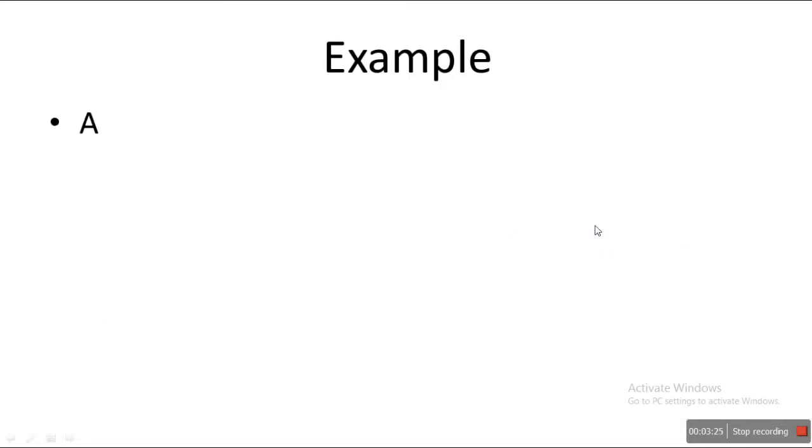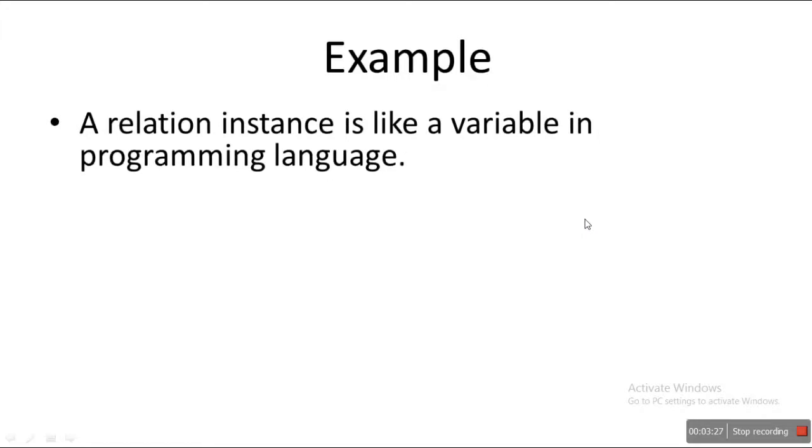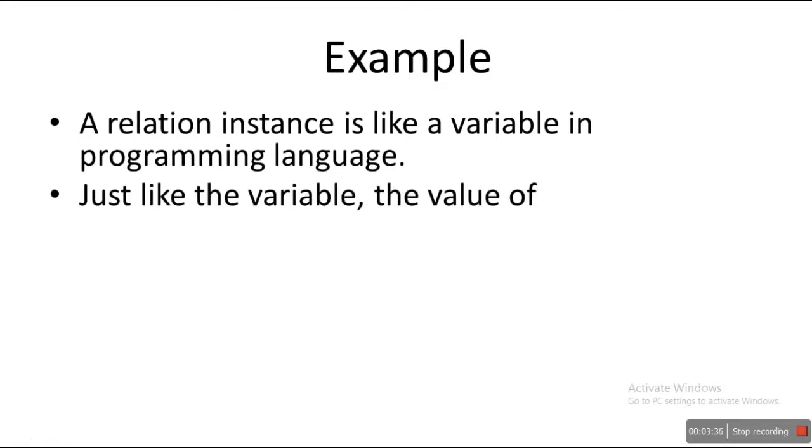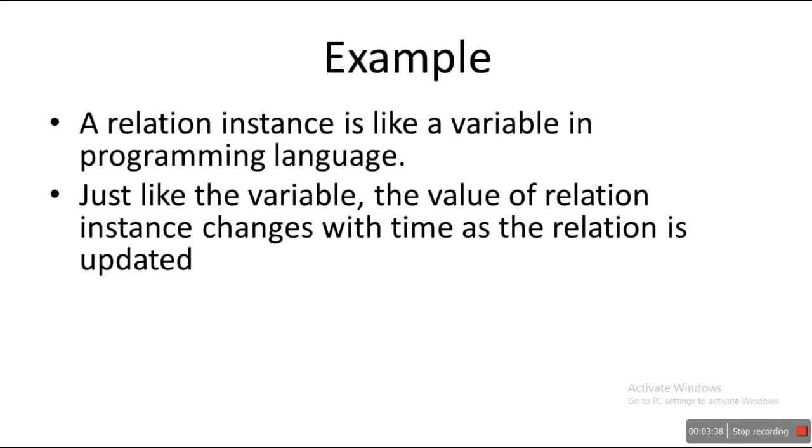Now we look at an example of the naming convention for relation instance. Let's say a relation instance is like a variable in programming language. Alright. So for variables, let's say we have account number and account balance. These are all the variables that are present in account schema. Now account balance is a variable. Now what does that mean? Let's say at this current moment of time, or at this current instance of time, you have got a balance of